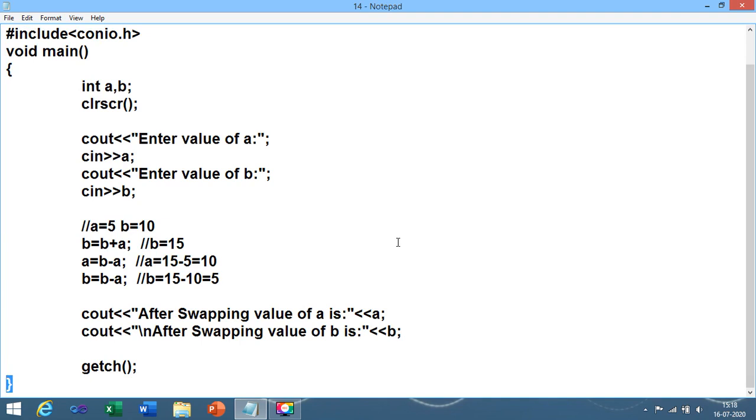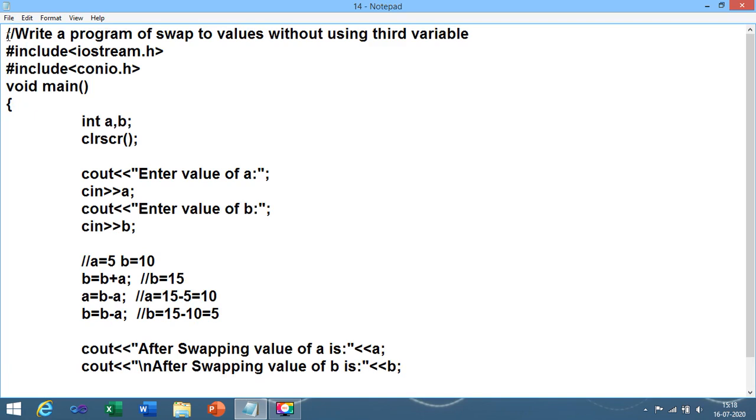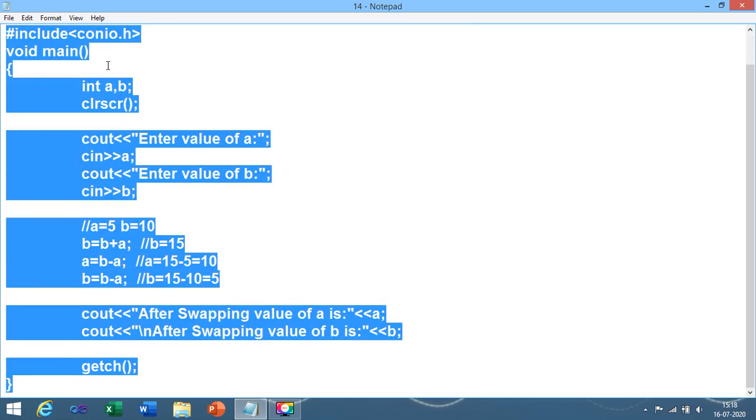Let me repeat once again that there are lots of online compilers available on the internet. You just need to search on Google using keywords like online C++ program compiler. The syntax may be a little bit different. Just keep the structure that the compiler has given to you as it is.